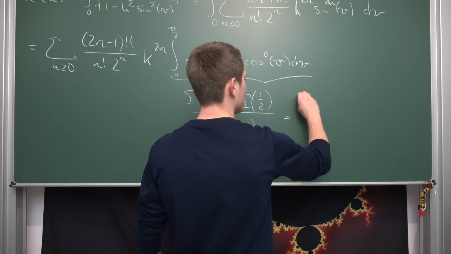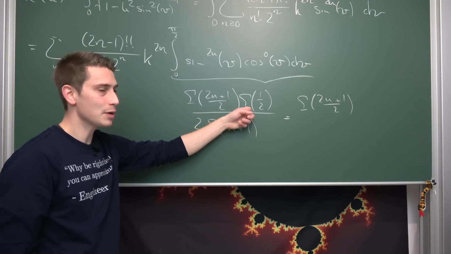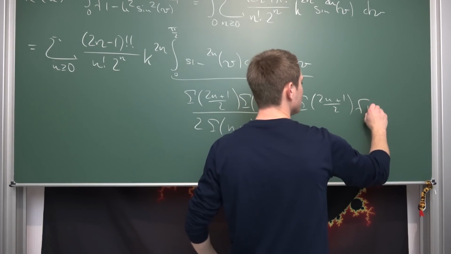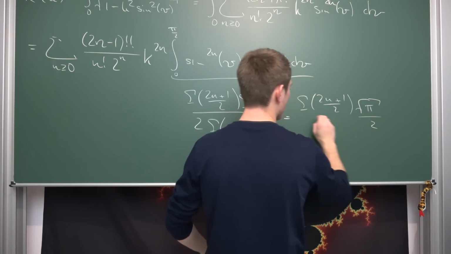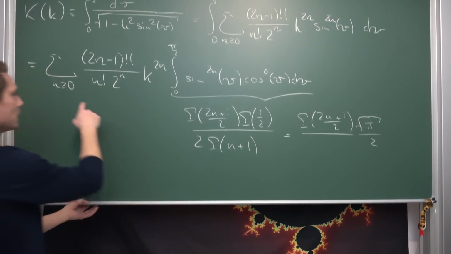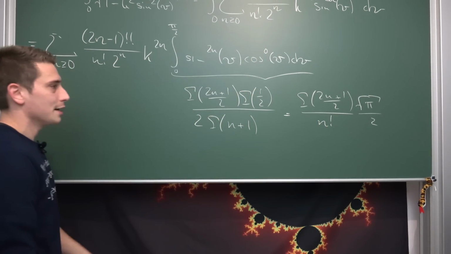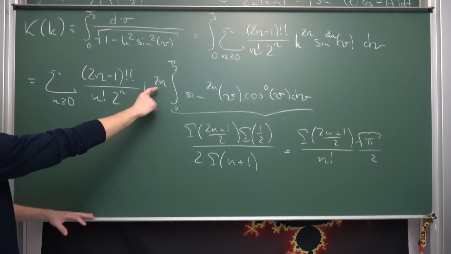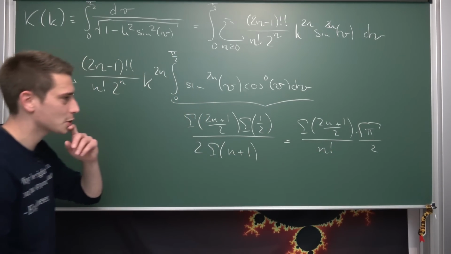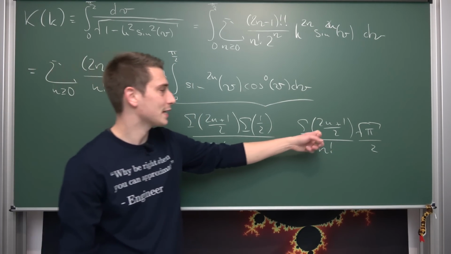So this right here is still going to be gamma of 2n plus 1 over 2. Okay, good stuff. Gamma of 1/2, I have shown this before, is going to be nothing but square root of pi. Also, we are going to get the over 2 divided by gamma of n plus 1, which by definition for natural n, which we have here because it's a summation, is going to be n factorial. Okay, now we got quite some weird stuff going on. We have this double factorial going on, and we kind of have now n factorial squared. Also, we got square root of pi, which is absolutely ridiculous, but it's going to reduce quite nicely once we take a look at the